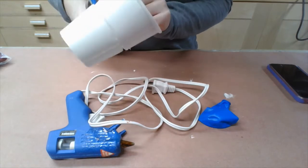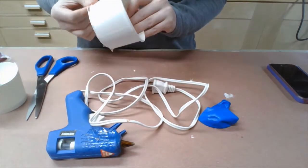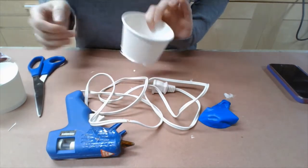So when you're done, it'll look like this. And you might also want to trim any jagged edges off. It can be a little hard to cut that smoothly. But you'll have something that looks like this. Then